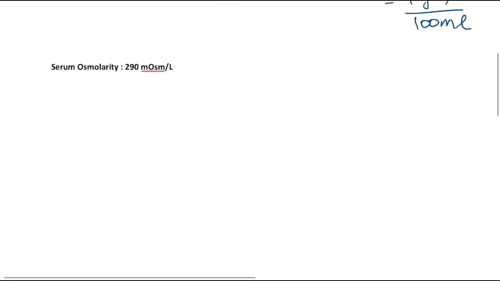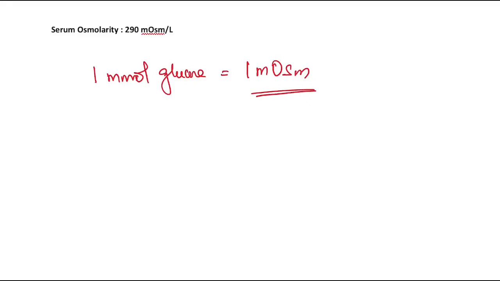The third unit we are going to discuss is milliosmoles. What are osmoles and milliosmoles? This is used whenever we want to calculate the osmolar strength of a given solution. Here we are not interested in the molar mass. Here we are actually interested in the number of particles, the molecules which will dissociate in a given solution. For example, 1 millimole of glucose, as we discussed in the previous example, contains 1 milliosmole of osmolar strength. This is the same because it does not dissociate into multiple particles.